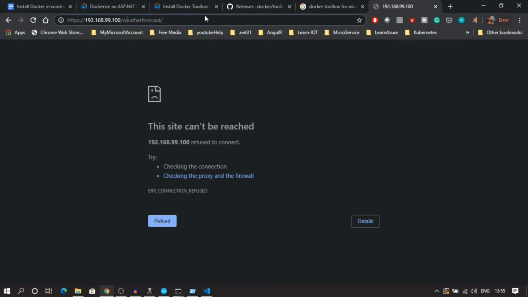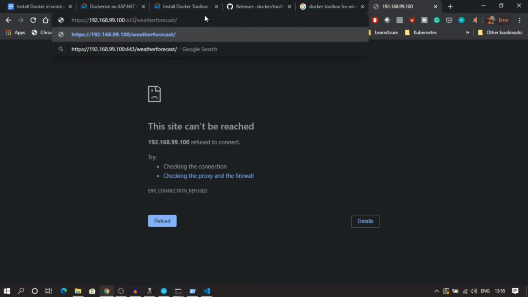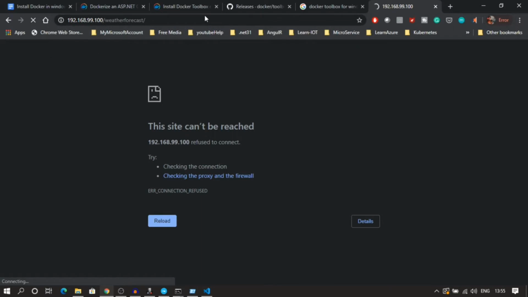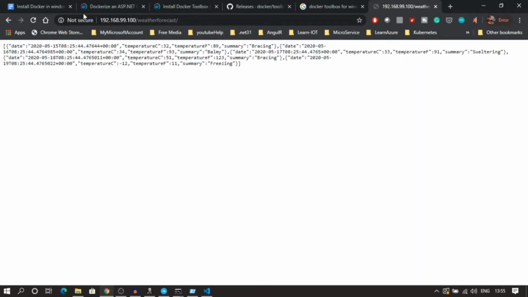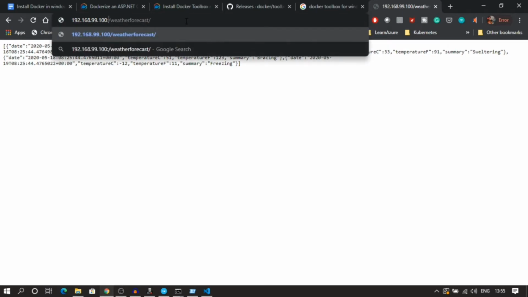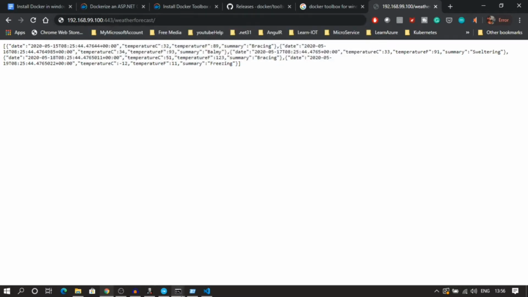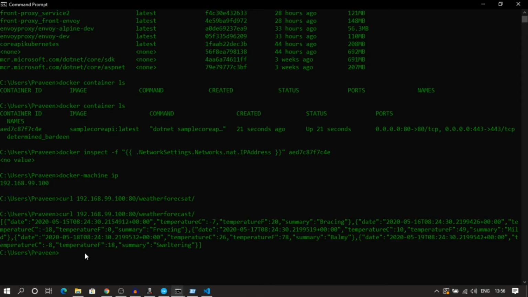Because we have used HTTPS, for HTTPS we have port 443. Okay, it's not secure. And for 443, I'll just check in my curl. So you have seen how it is working.